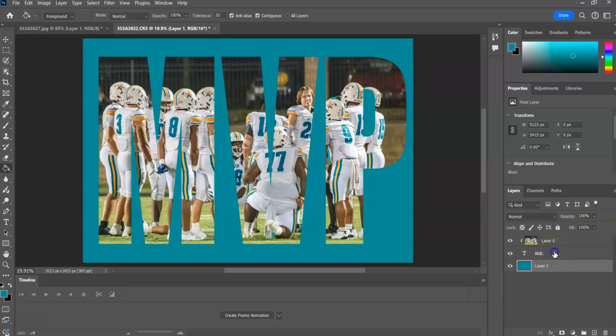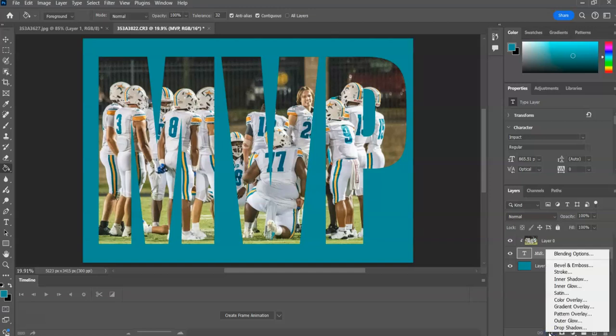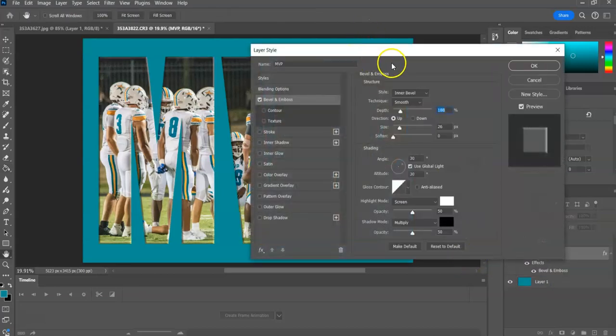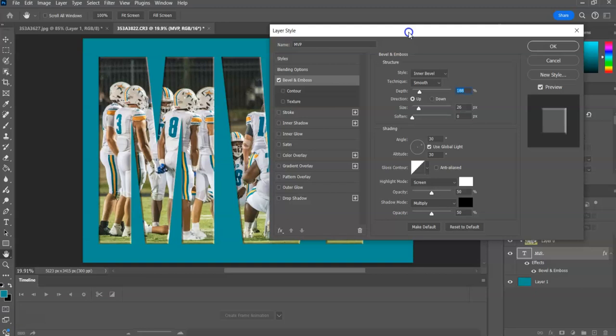Go back to the text tool and go down to the FX for effects, and I'm going to put a bevel, an edge on this. Now I can bevel it so it has a bevel on the outside or the inside. I'm going to use an internal bevel on here. I'm going to keep it smooth, and I can change the depth of the bevel right here, and then you just move it around to the size that you think you want it to be,